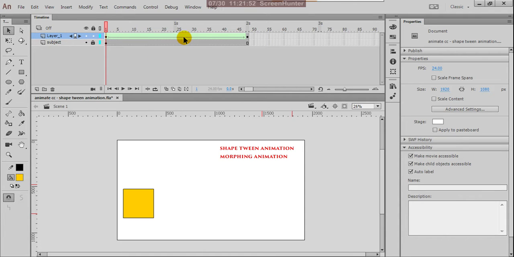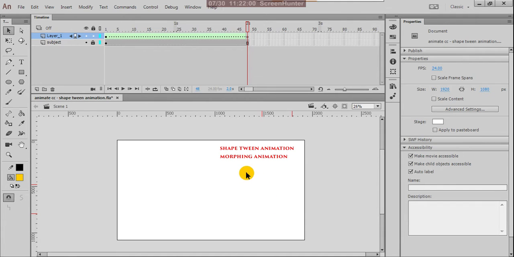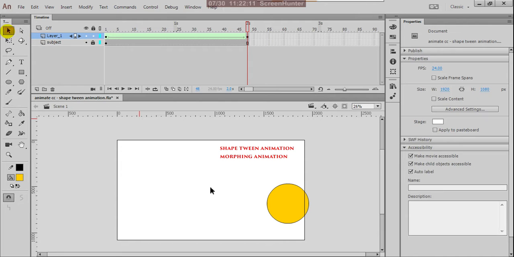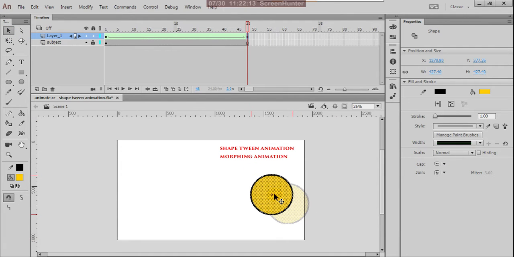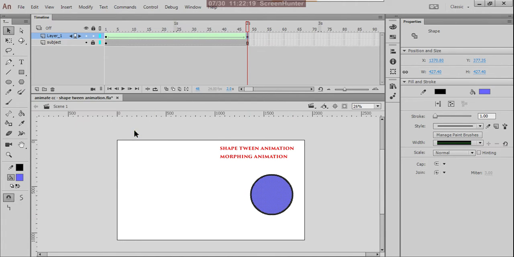Here what I'm doing is, at the other place, instead of this, I am using some other shape like a round, and I'll change the color to some blue.